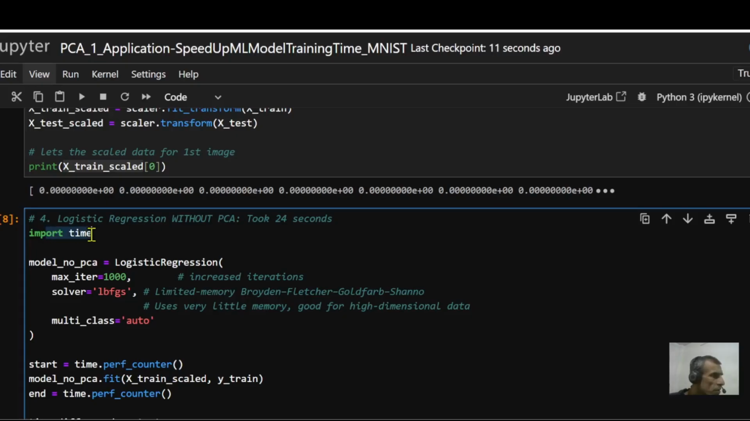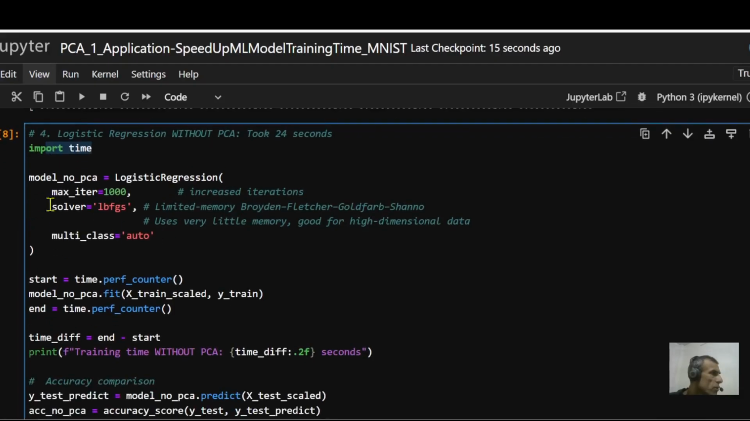This will be responsible for determining how much time it took to train my model. So first I'm training my model without applying PCA. I'm applying maximum iteration of 1000, and I'm using this algorithm, LBFGS. This stands for Limited Memory Broyden Fletcher Goldfarb Shanno. And one of the advantages of this algorithm is that it uses very little memory, and it's very good for